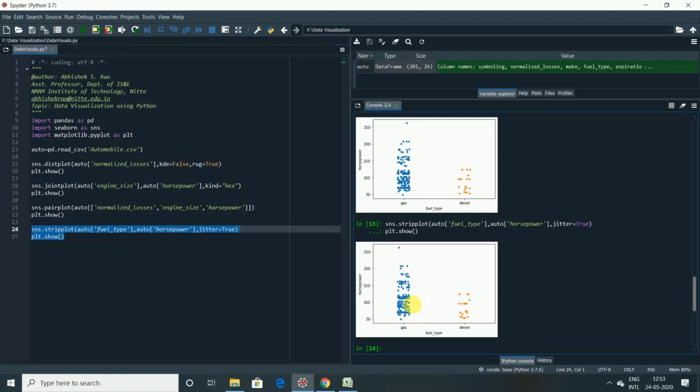As you can also see, there is an imbalance in terms of proportion between the gas and the diesel vehicles here. The number of diesel vehicles is very much on the lower side when compared to the number of gas vehicles.